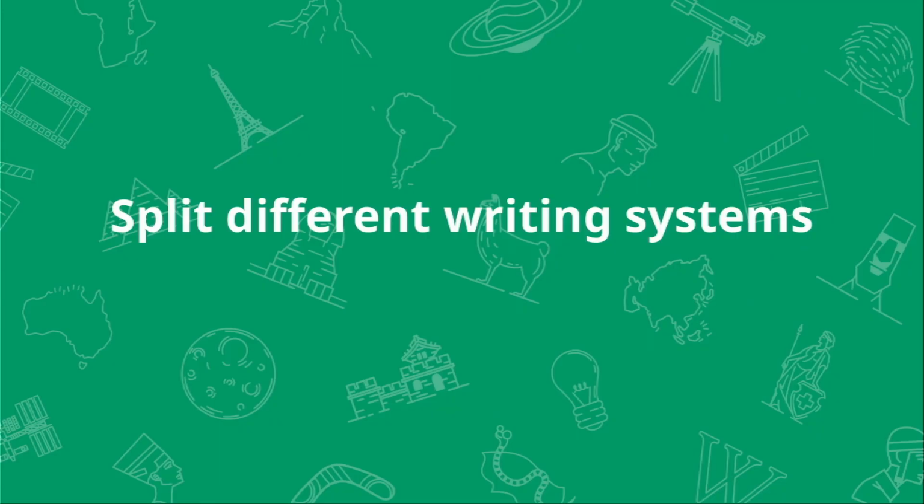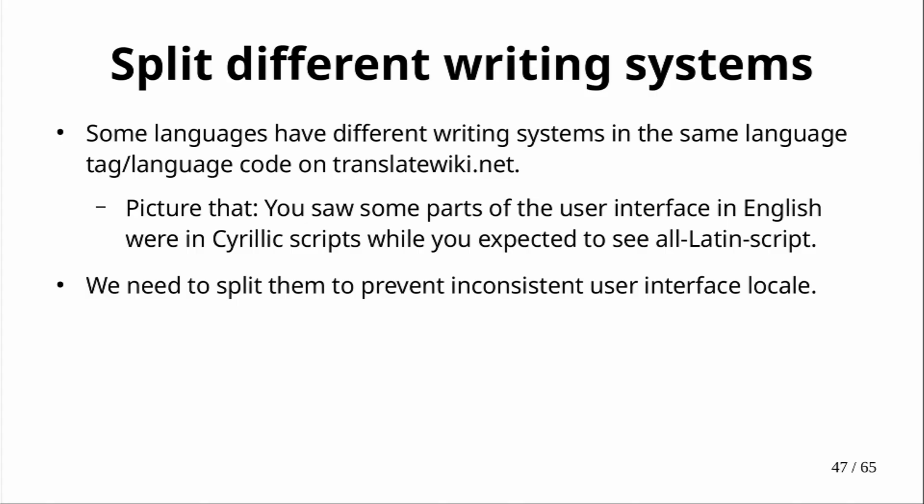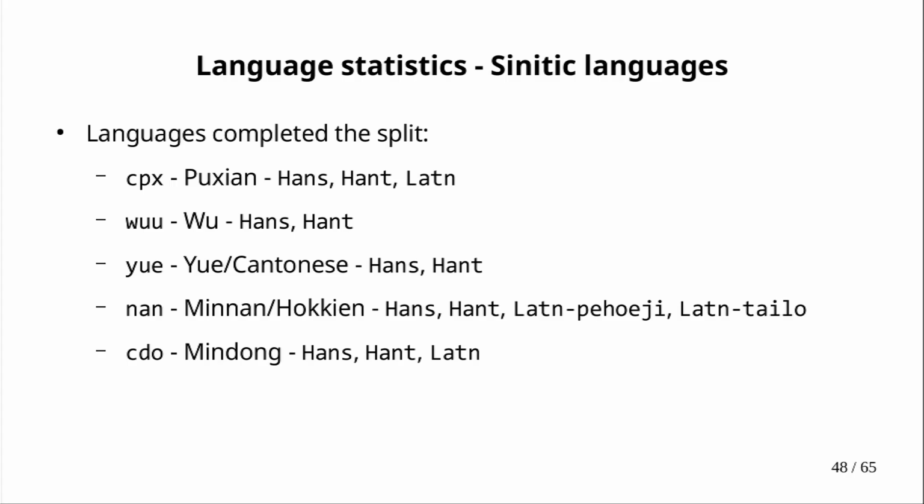And then we're going to talk about how we split different writing systems. Some languages have different writing systems in the same language tag on translatewiki.net. Picture that: you're using the English interface, but you see Latin script in the sidebar, while the instructions part of the user interface is in Cyrillic script. Imagine that, can you read that? Of course not, and so we need to split them into separate scripts. Like, as we mentioned, we split this,